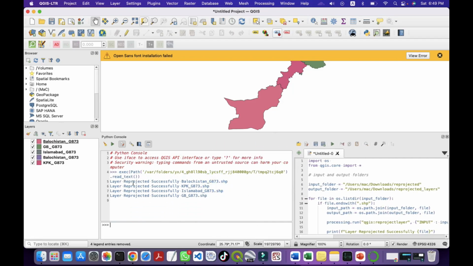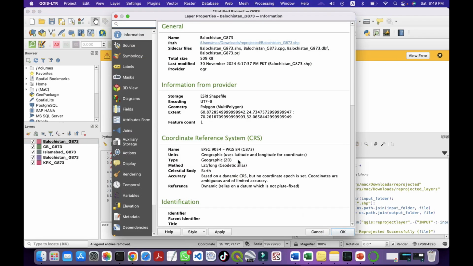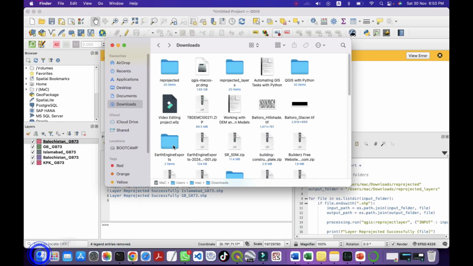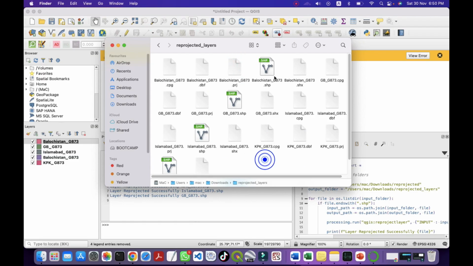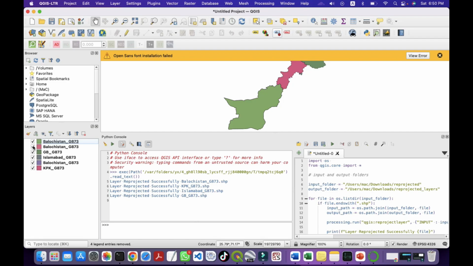Now look at this layer reprojected successfully. The one is Balochistan G873. So our old layer Balochistan G873 has the CRS EPSG 9054 WGS84 G873. Now we import our new layer, which is this one, Balochistan 873. Now our new layer is